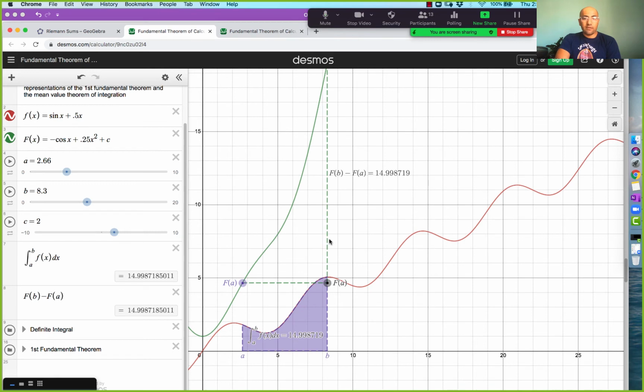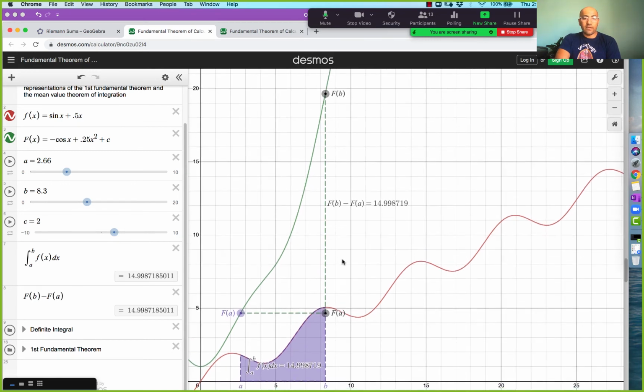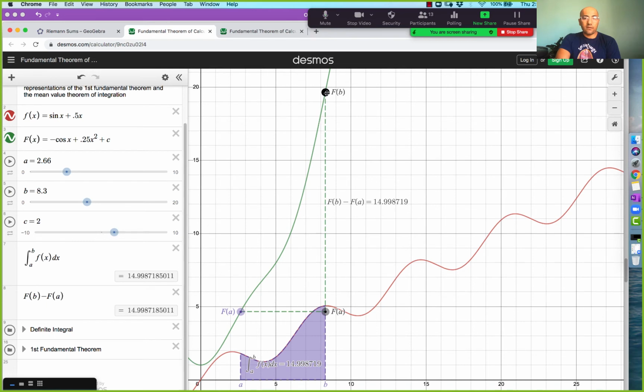Here's B, evaluating F of B is right there, right? Here is F of A, here is F of B. And if I subtract them, I get F of B minus F of A equals 14.998719,